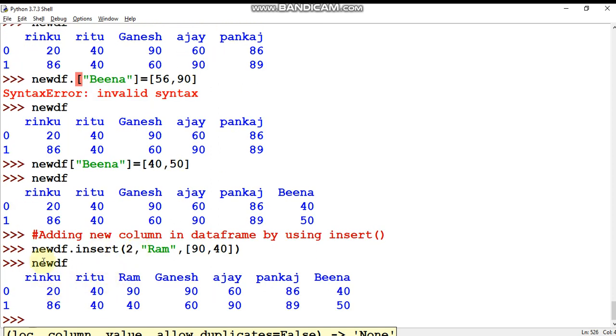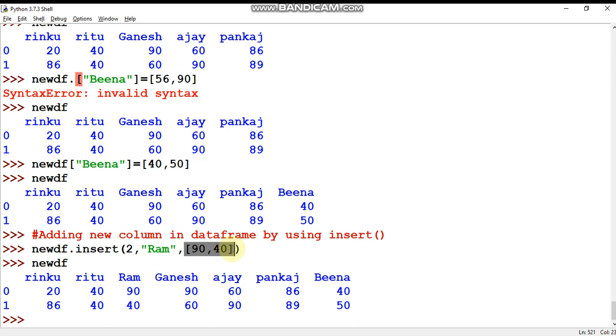Once again, I'm going to discuss how we can use this insert function or method to insert a column. This new DF is a data frame. I have used the insert function. Here you need to pass the index where you want to add a column, the name of the column, and the values of that column, and simply press enter.